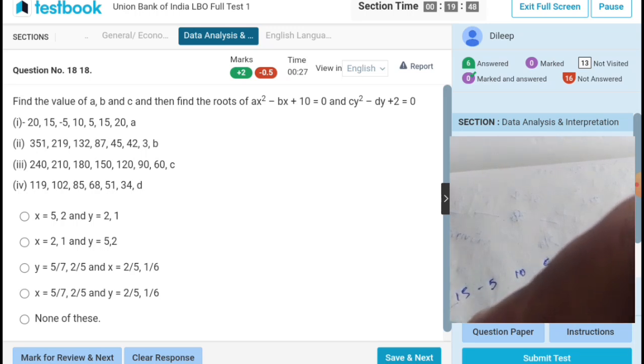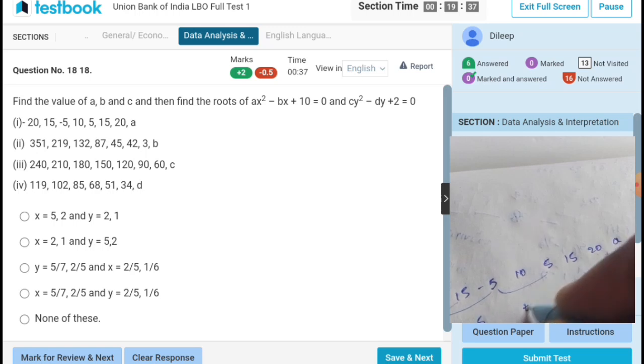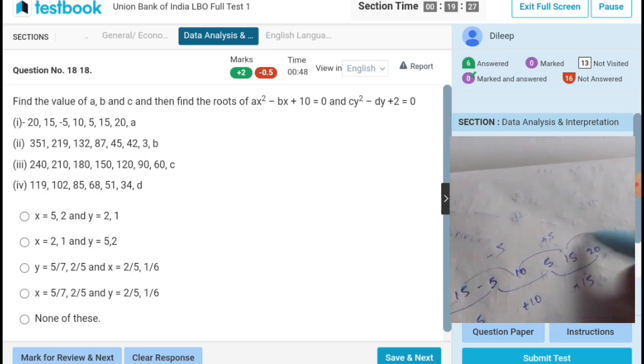Plus minus 15, plus 10, minus plus 15, minus 5, plus 5,